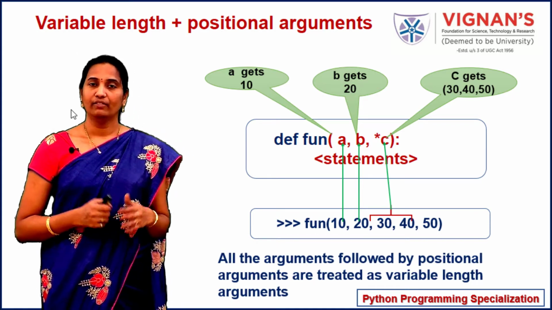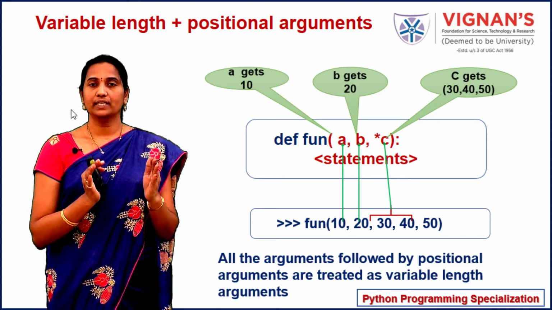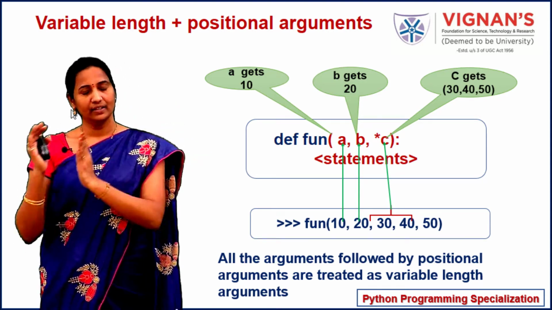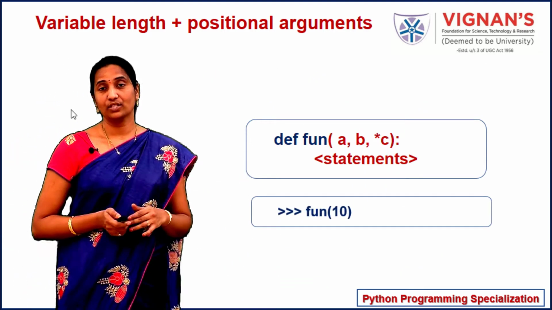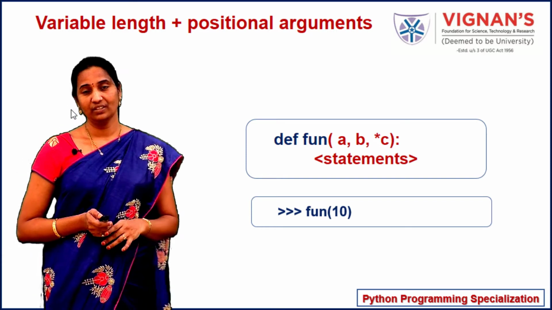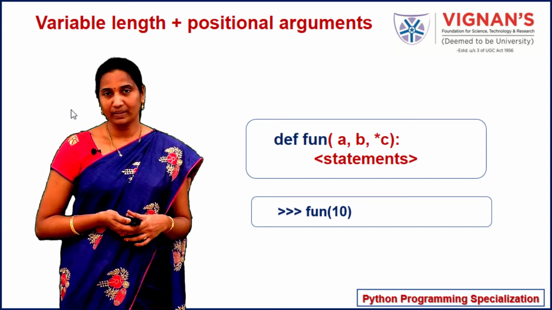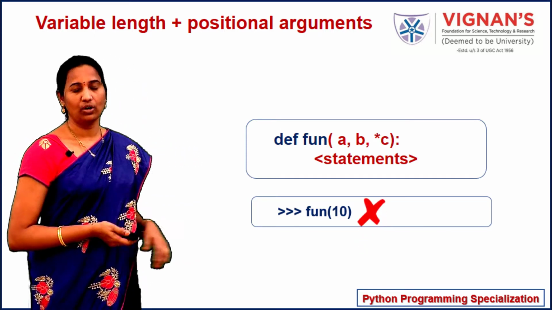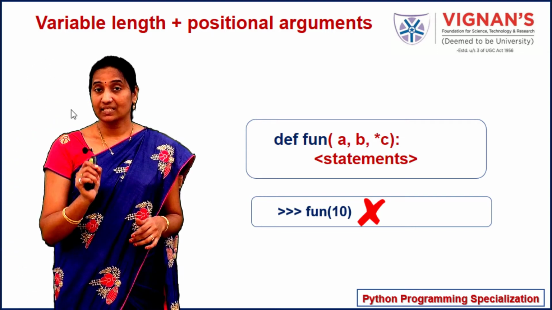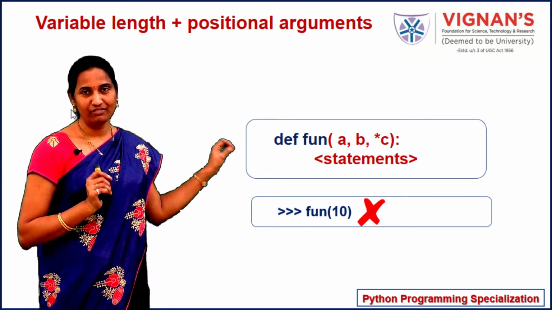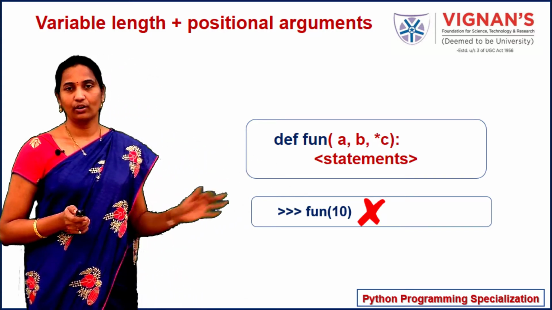So that's how you can combine variable number of arguments with the positional arguments. And always remember, whenever you have a combination of positional arguments with the variable length arguments, positional arguments should always come first and the variable length arguments should follow the positional arguments. Now let's have a look at this function call. I am going to call this function with only a single argument. Is it possible to call this function fun with a single argument? It's not valid at all. It's invalid because you have 2 positional parameters in your function definition. So you should pass at least 2 arguments to this function fun. That's how calling this function fun with a single argument is invalid. So it cannot be called, right?